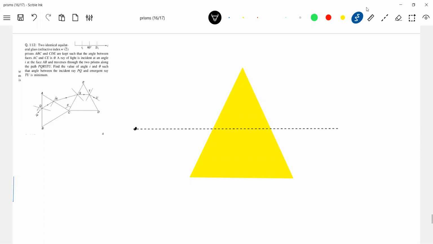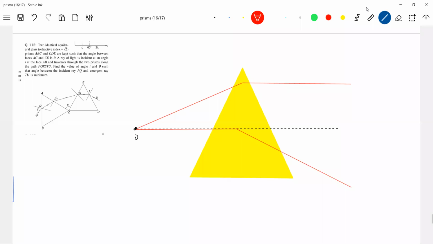What about the image, all that particular thing? So first, we'll assume one ray like this. Exactly at the midpoint, you show the deviation. So it's a small angle prism, so it'll get deviated. Then you send another ray, at a different height, and you show that one. It's a small angle prism, so all the rays will have the same deviation.